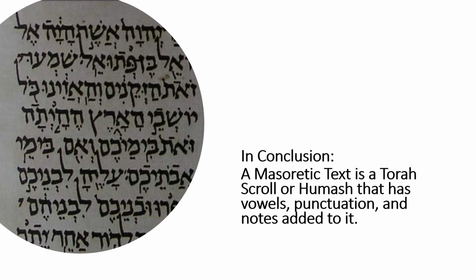Where I just showed you, for example, that there are Torah scroll texts that are not Masoretic texts simply because they don't have vowel points and they don't have the punctuation. But the minute you add the punctuation, that's a Masoretic text, because that's what the Masorites created. All they created was a vowel system and a punctuation system to denote what had already been there orally before they created it. So the only way that anybody could have read the Dead Sea Scrolls is if they already orally knew, because there were no vowel points back then. So that's one of the things that people have to be clear about.